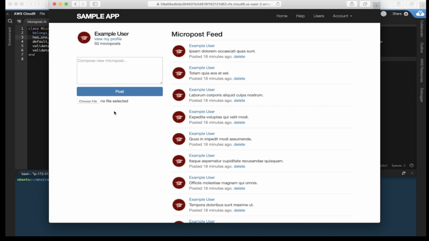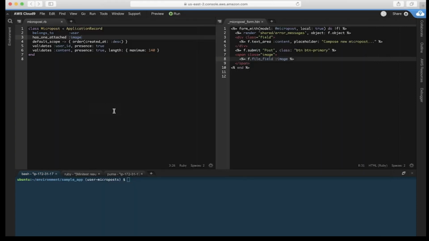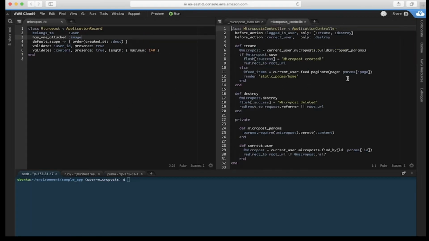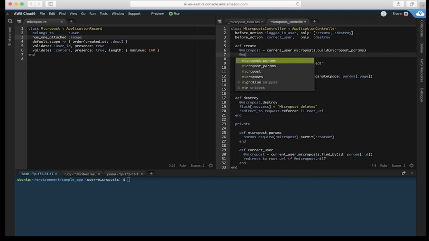So when we submit this, it goes to the micropost controller and the create action. So here in the create action, we need to attach the image to the micropost that we just built. So that looks like this. We need to attach to the image attribute that we created over here with has one attached. So .image